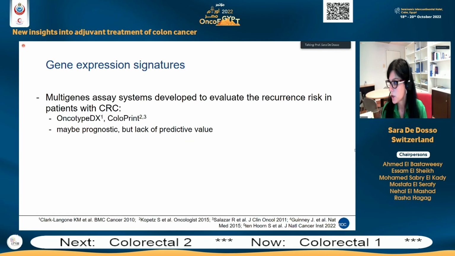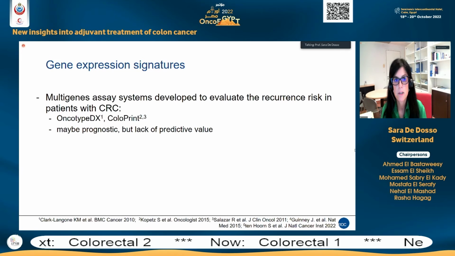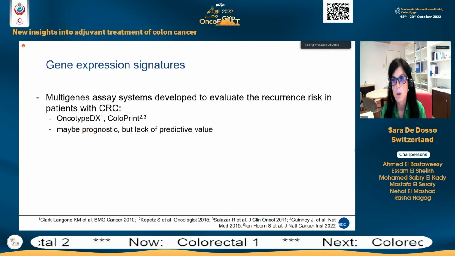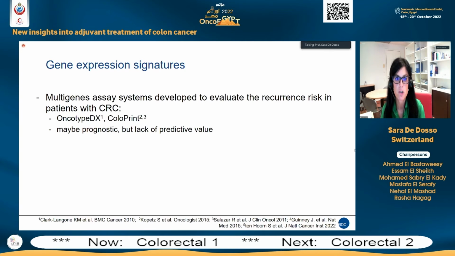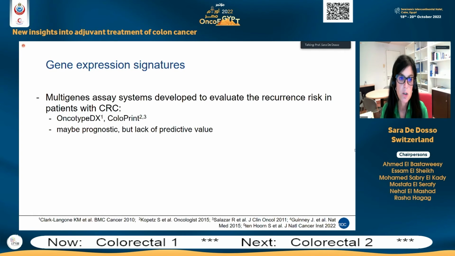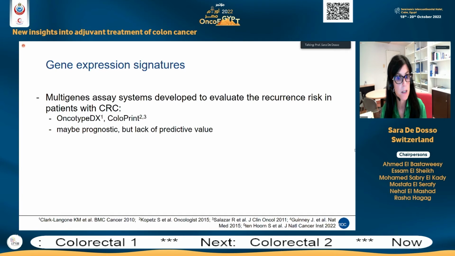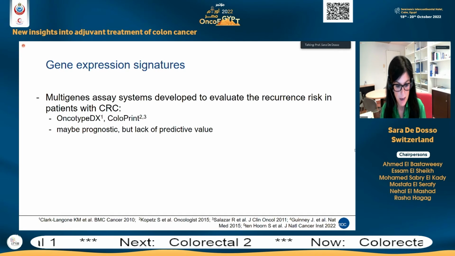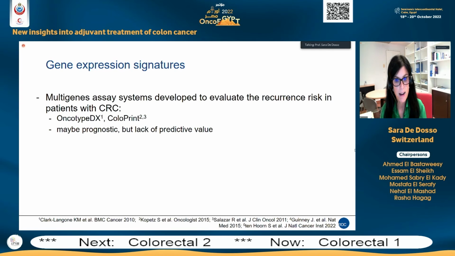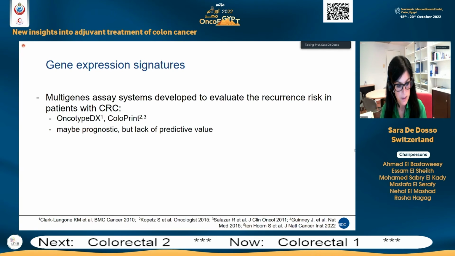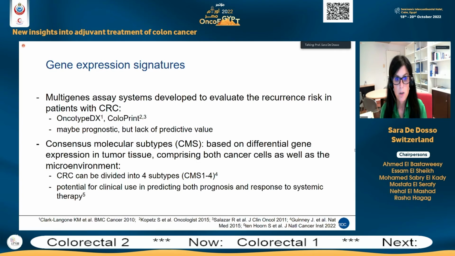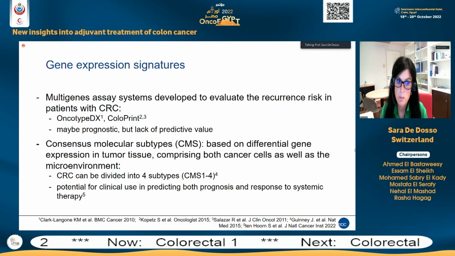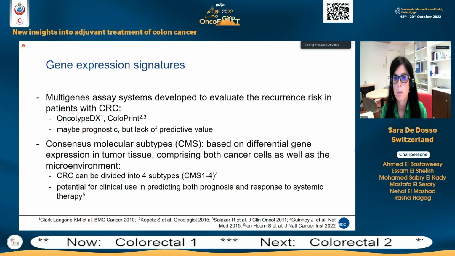So gene expression signatures are multi-gene assay systems developed to evaluate the recurrence risk in patients with colorectal cancer. Just to mention, Oncotype DX or ColoPrint can be prognostic, but there is a clear lack of evidence of their predictive value. In this particular setting, I would also like to mention the consensus molecular subtypes, the acronym is CMS,